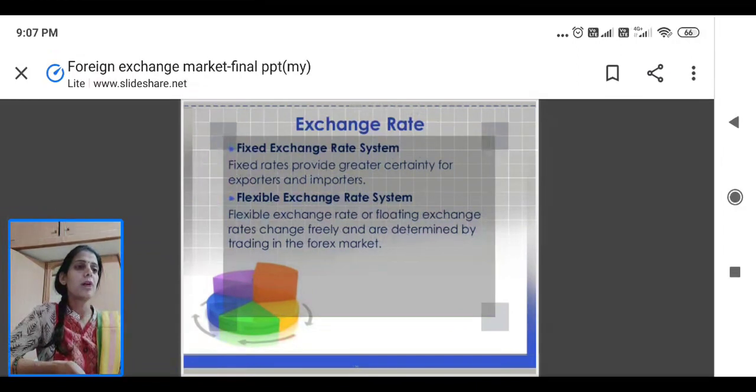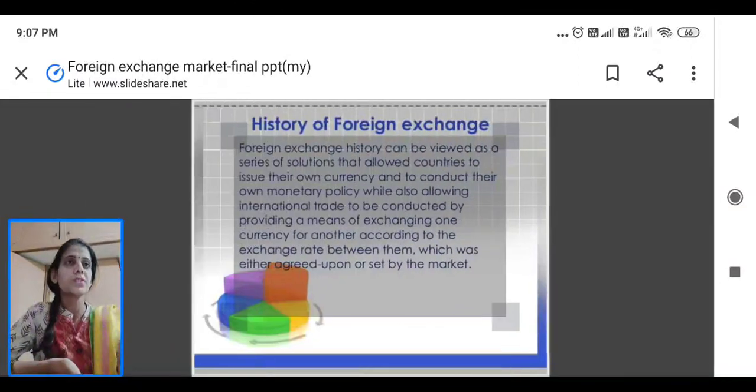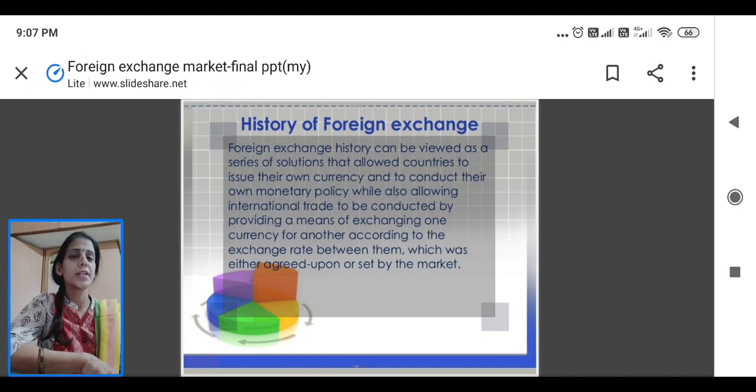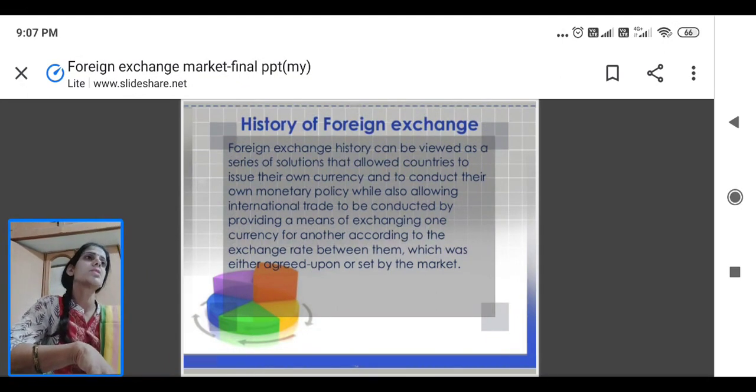So after finishing the exchange rate, we talk about the history of foreign exchange. So what is the history of foreign exchange? Foreign exchange history can be viewed as a series of